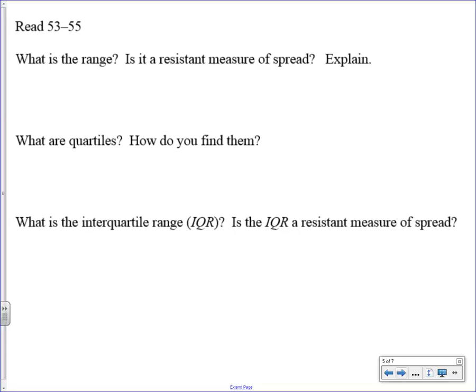What is the range? The biggest number, right. Yep, so the range of the numbers is the largest value subtract the smallest value. Okay, is that a resistant measure of spread? Why do you say no, Zach Brown?